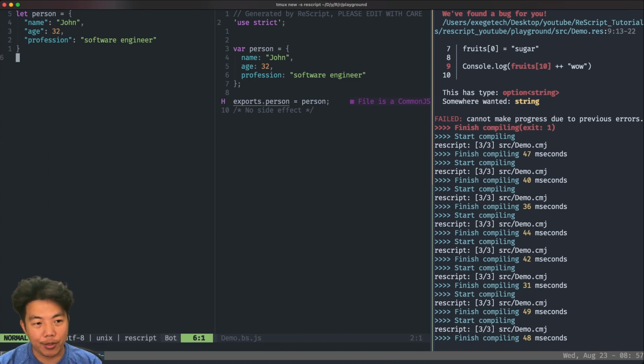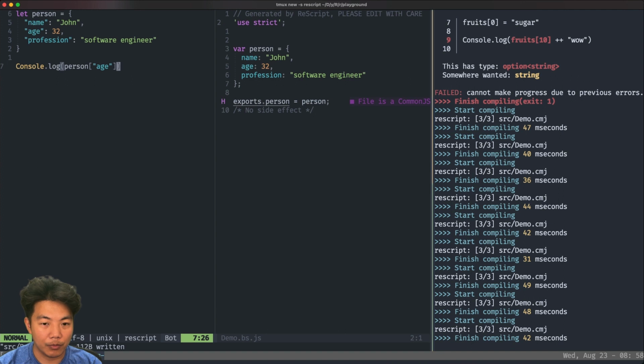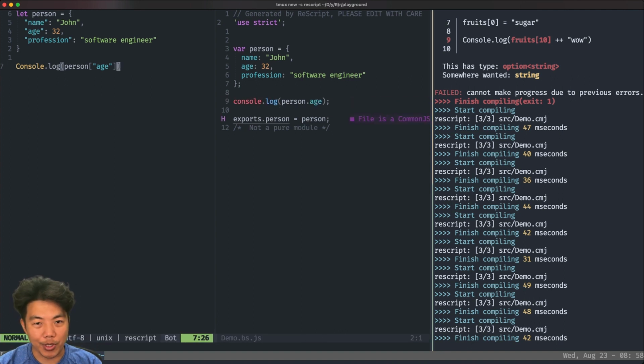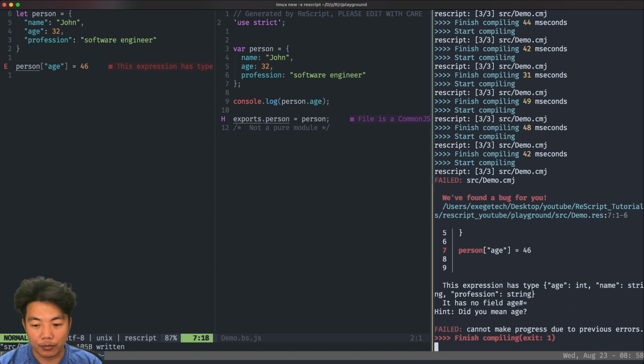The way we access the member of an object is the same like JavaScript. However, we can't really update an object, unless the object is a binding that comes from the JavaScript side. We'll come back to this in a later video, so for now, don't worry about it. Let's just try to update an object for now. As you can see, it has no field, age, hash. What does that mean? So don't worry about it. We'll talk about this later.